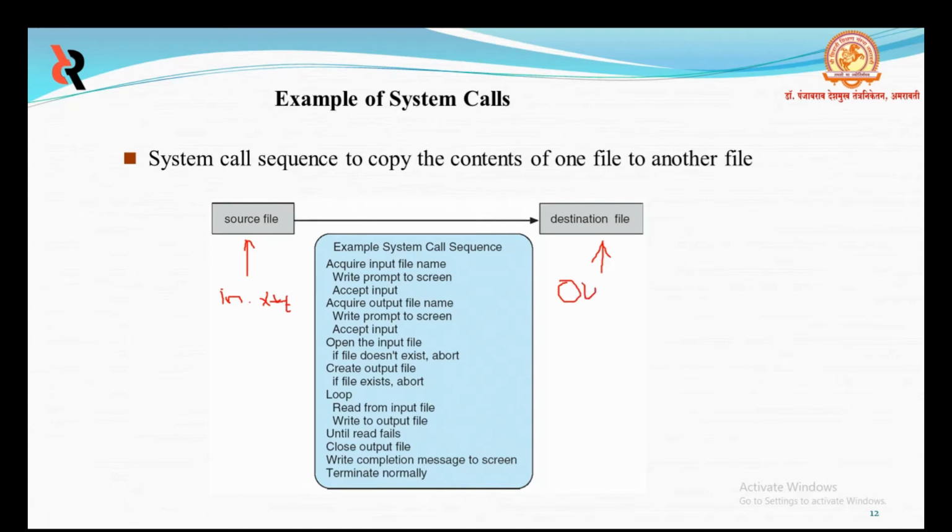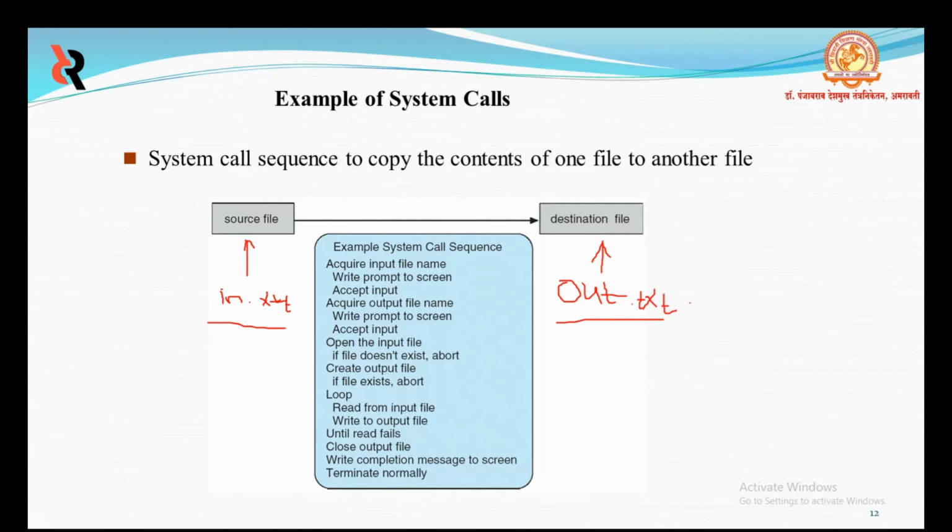These are the two names of the files. What we actually need here, the first input that the program will need, is the names of the two files, the input and output files.